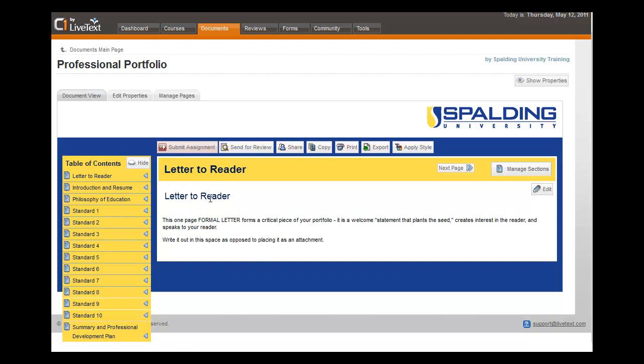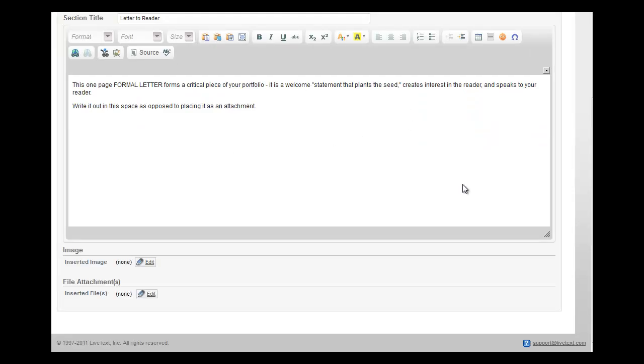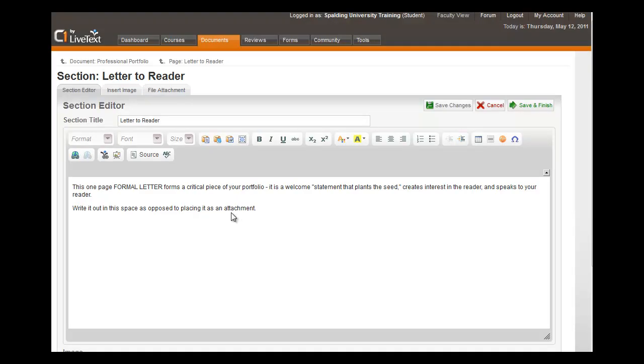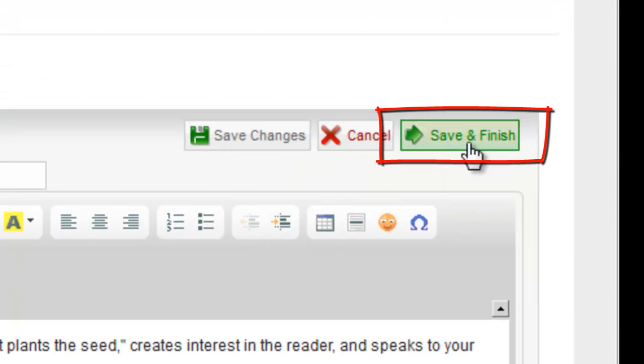So in this case, if I want to add a letter to the reader, I can edit that section. So I have a place here where I can type in my letter, or I can attach it down at the bottom where it says File Attachments as a Word document. So I have two ways in which I can attach my letter to my portfolio. I can either copy and paste it into this block right here, or I can attach it as a file down here. Once I have done whatever I need to do in this section, I would then click Save and